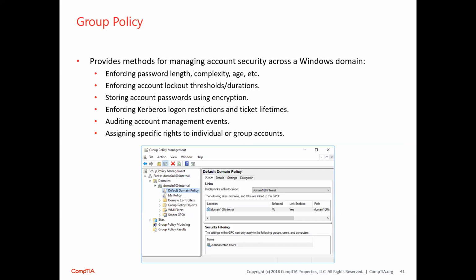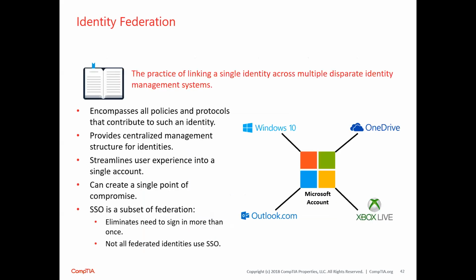Windows operating system. We're talking about the latest versions, starting from Windows 7. They have this. Windows XP actually already has this group policy. So until today, Microsoft is still maintaining the group policy. And then we have the identity federation, or federated identity, the practice of linking a single entity across multiple